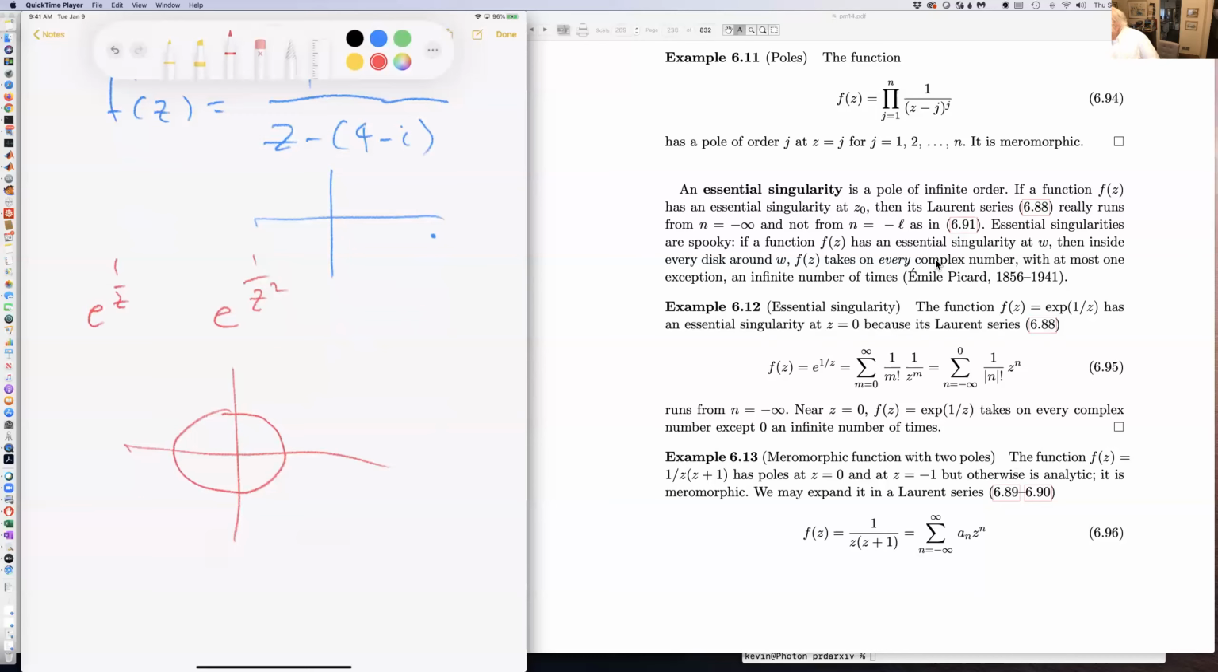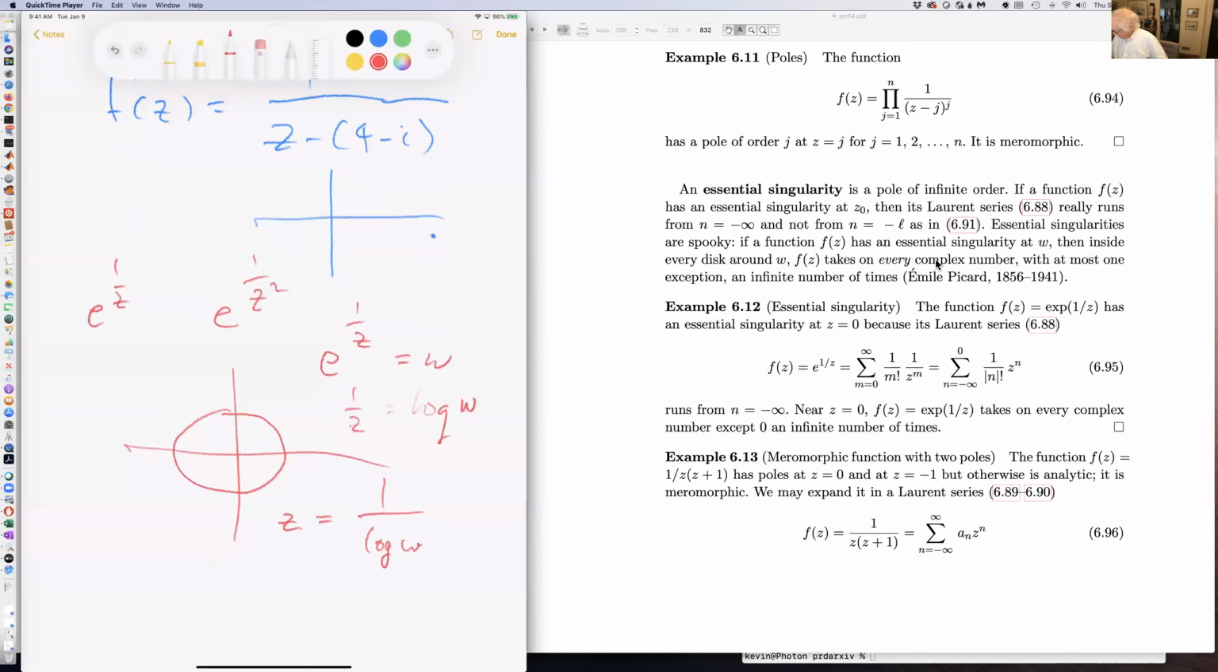So in other words, we have that e to the 1 over z is equal to w. And so 1 over z is log of w, and z is 1 over log w. And so for all finite w,